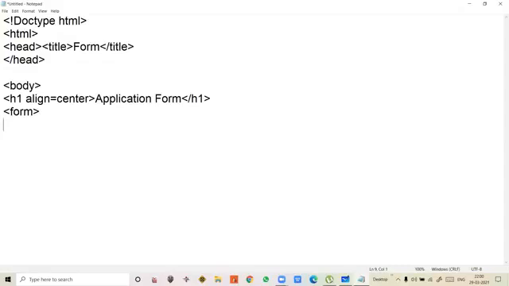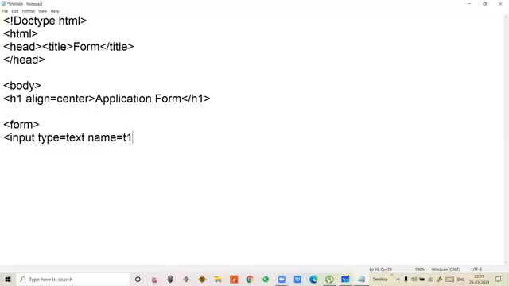You know, to enter or to have any element in the form, you have to use one very basic, and that is the input. Input is a tag and type is the attribute of that tag. So we'll just have the input so that a user can enter the data. Input type equal to, here to accept the name, students, we need to have the text box, text. Okay, and name. Remember, students, that name is very must, because with the name it can be identified which text box we are addressing.